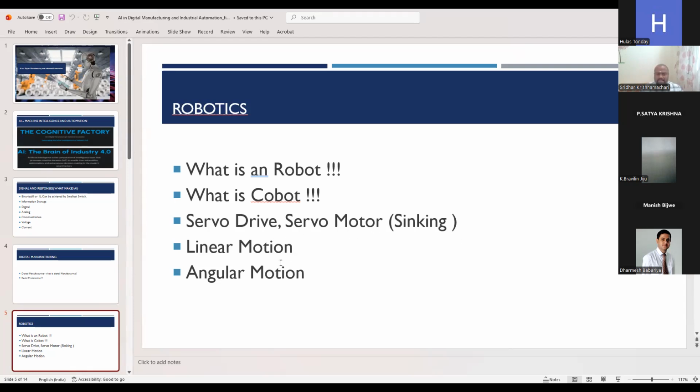You know what is linear motion and angular motion, right? Linear motion is the travel along the x-axis or y-axis in a straight way. Angular motion is for the rotation. So you got to know about robots and cobots. It's a different session. The robot session itself will take it in detail. If you go into it, it will take a minimum of 20 to 30 hours of slide presentations, and cobots is shortly 4 to 5 hours of slide presentations.